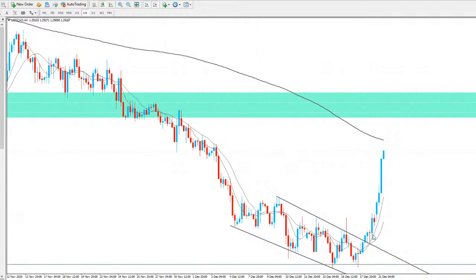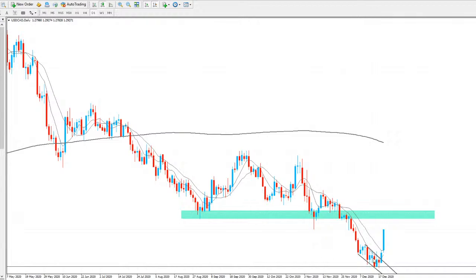And I was saying now potentially we've got the momentum to go and see a move to go and test our daily support area, now turned resistance. And as you can see, we broke up that trend line, and price from there has just taken off to the upside. On the daily chart, you can see a little better there. Had a push to the upside on Friday a little bit, and now today's just taking off to the upside. This area was our target here, previous daily support, now turned daily resistance. So again, going to be expecting a move probably a little bit higher for USD CAD into this area.